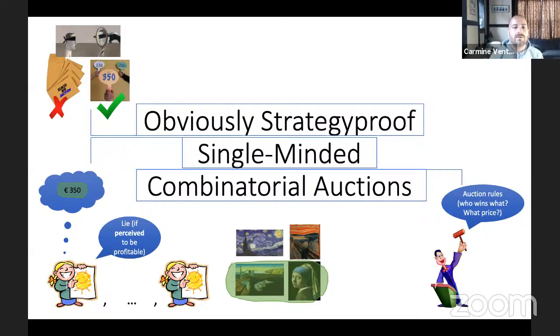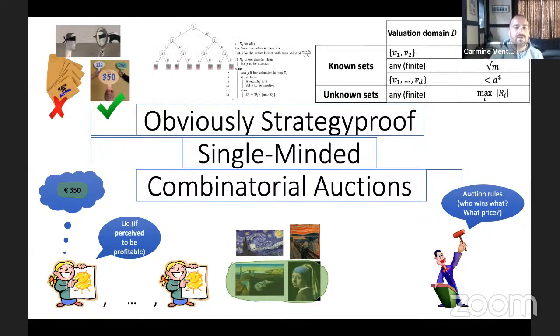So when you talk about obviously strategy-proofness, you need to design a protocol. It's not just an algorithm, because as we just discussed, the way in which you implement an auction is important. So you're going to have to be careful in the way you compute the outcome. So it's also important how you get to the computation of the outcome.